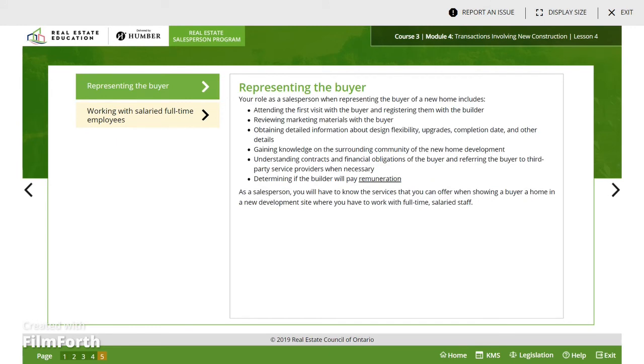So, representing a buyer, your role as a salesperson when representing the buyer of a new home includes attending the first visit, reviewing the marketing materials, obtaining detailed information about design, flexibility, upgrades, completion date, and other details, gaining knowledge on the surrounding community of the new home, understanding contracts and financial obligations of the buyer, and referring the buyer to third-party service providers when necessary, determining if the builder will pay remuneration,